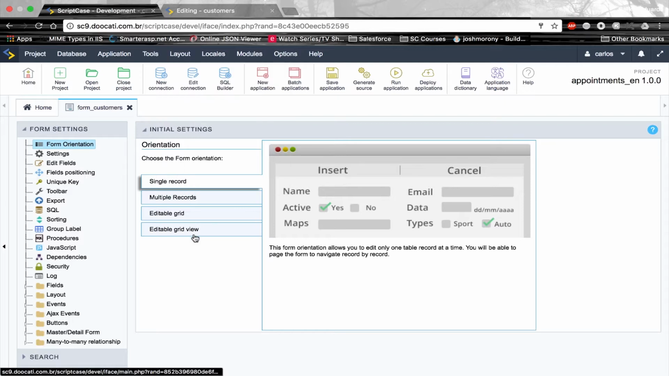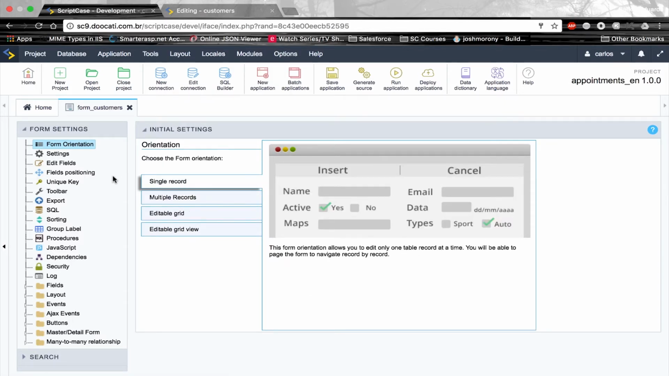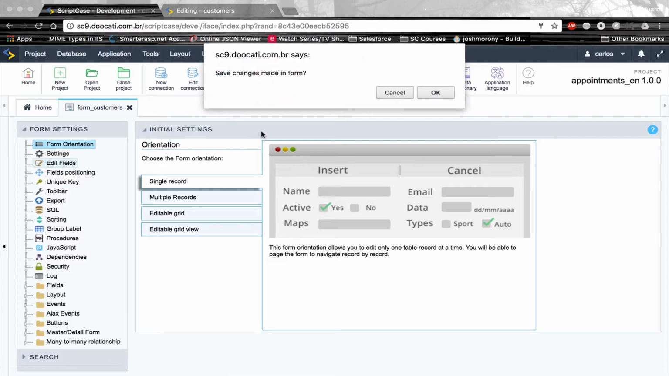Okay, to change it, basically just select here the type that you want, but currently I'm going to leave it at single record. Okay, let's go here to the edit fields. Alright,